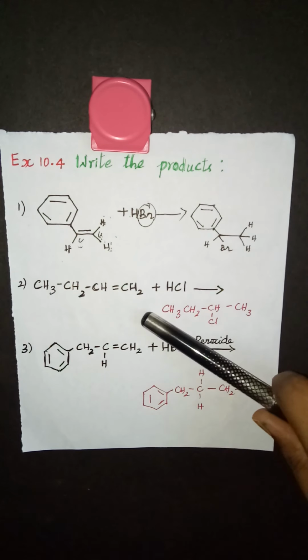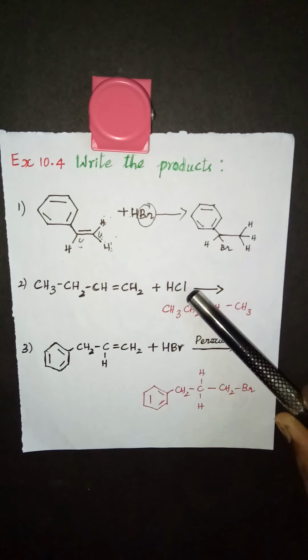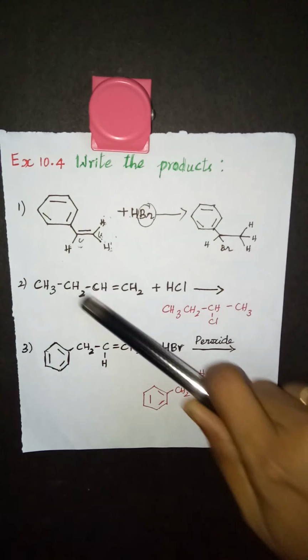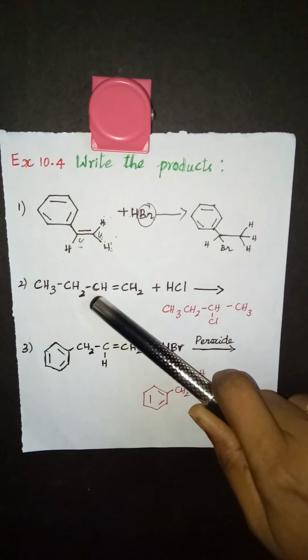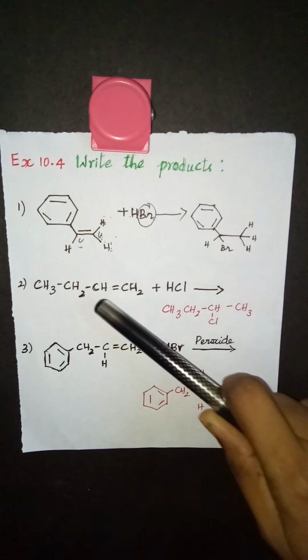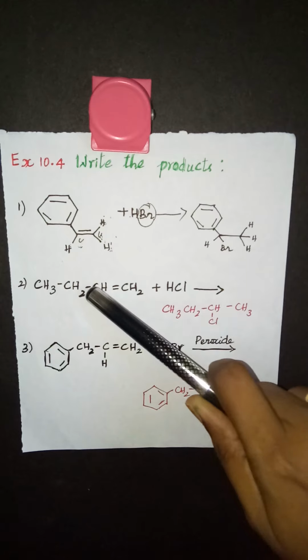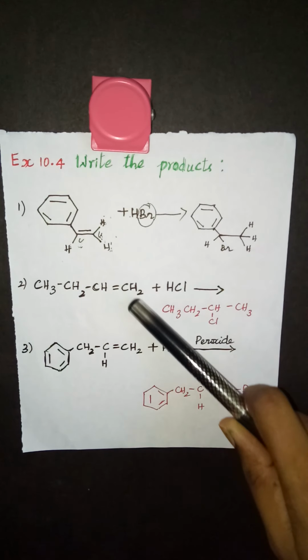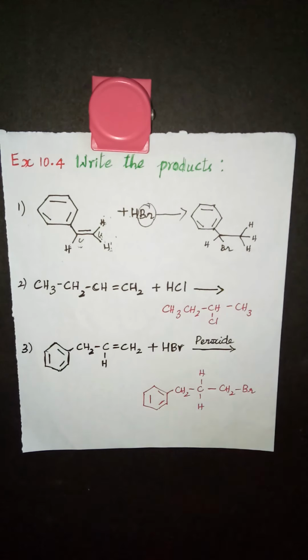Now coming to the next reaction, same way you have a hydrogen halide, which is hydrogen chloride, and you are going to add it across the double bond. So this is again an unsymmetrical double bond, and this carbon has one hydrogen and this has two hydrogens, and chlorine goes to carbon having less number of hydrogen atoms according to Markovnikov's rule. So chlorine will get attached here and hydrogen will come here. So this becomes CH3 and here Cl comes and the double bond will become a single bond. So this is the product for this reaction.